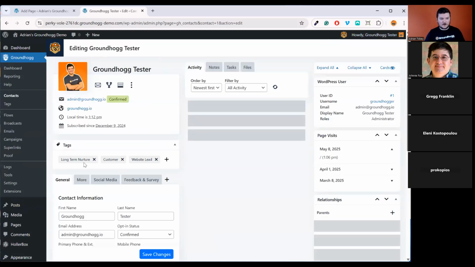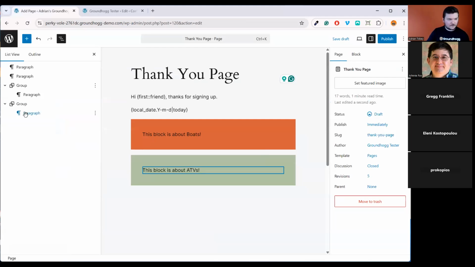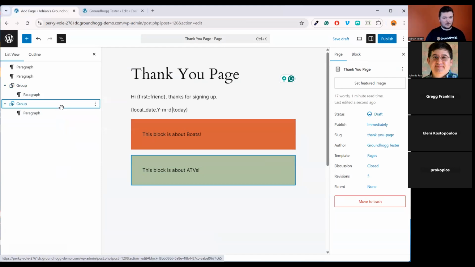I will go to my contact record and I'll play around with the tags in a second. But here, we only want to show the boats to people who are tagged with boats, and we only want to show the ATVs to people who are tagged with ATVs. So go into the group,